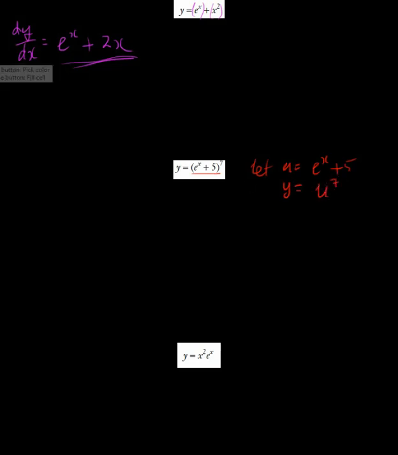If we differentiate that, remember dy/dx using the function of a function, this is the outside, so that becomes 7(e^x plus 5)